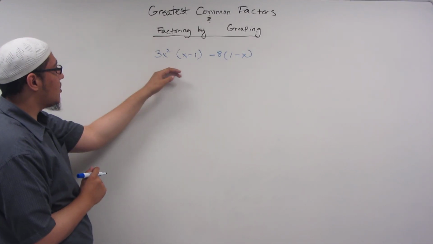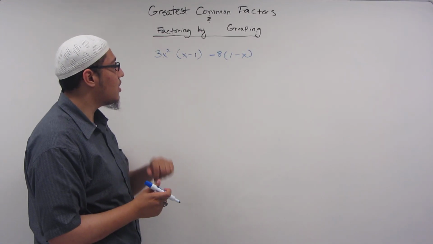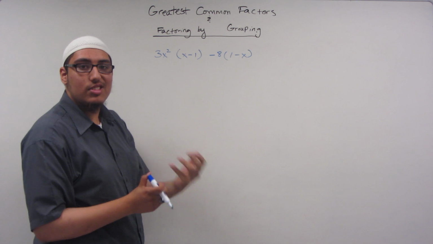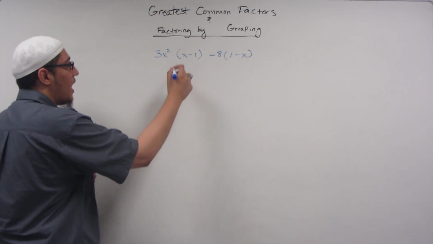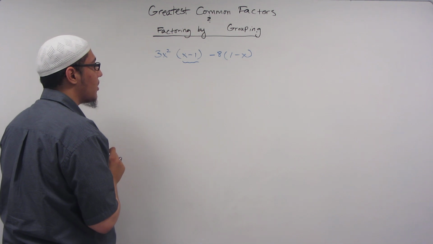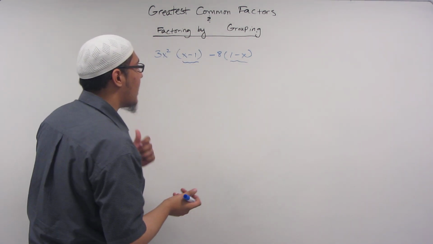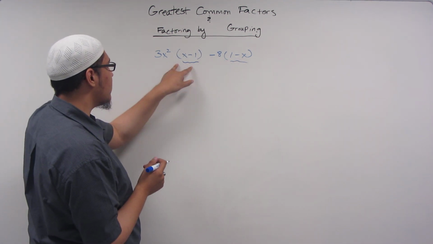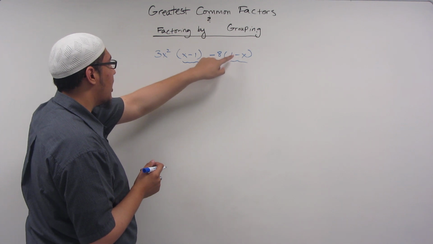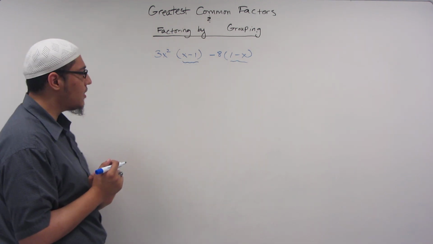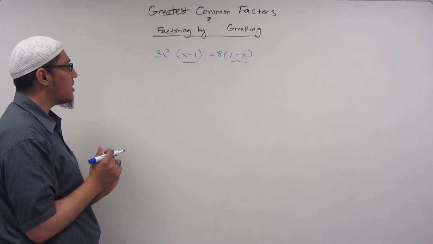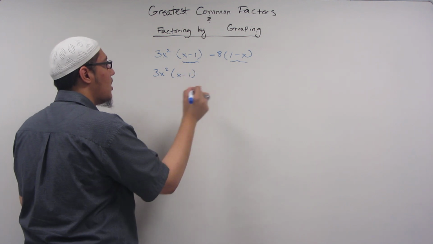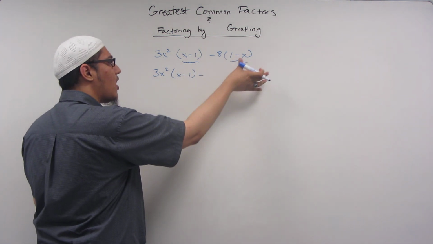Well, right now it looks as if this was already broken down into groups and factored, but we can still pull out something more. It looks like we have an x minus 1 term over here, and we have a 1 minus x term over there. So it seems like the only difference between this and this is that the x is negative over here and the 1 is negative over here. So we can use a little trick to change that. We can write this as 3x squared times x minus 1 minus, all right, let's factor out a negative 1